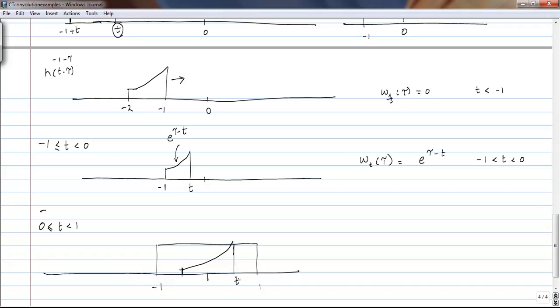So this would be t, this would be minus 1 plus t, or t minus 1, and this would be e raised to tau minus t. So w sub t of tau is e raised to tau minus t, but now the range